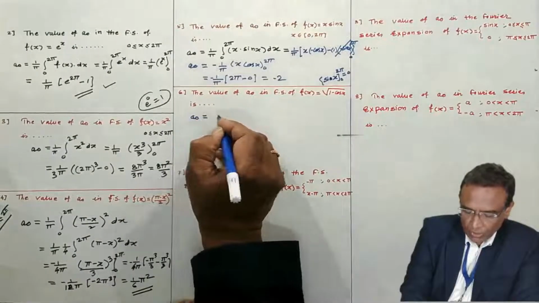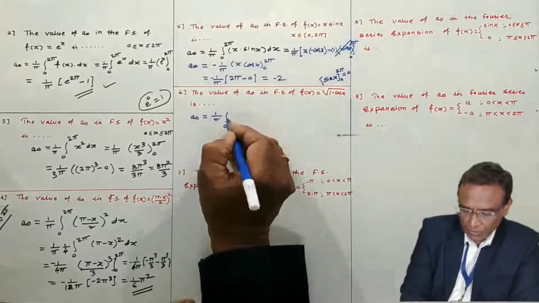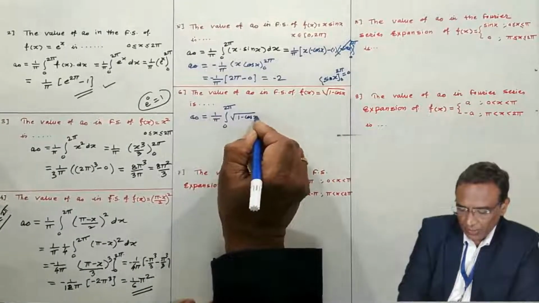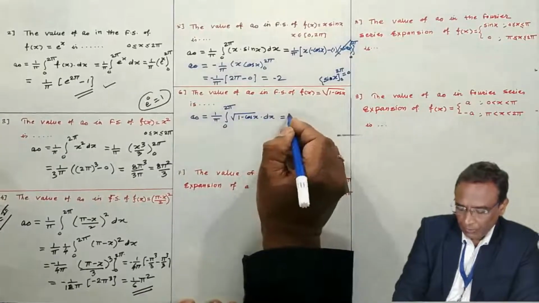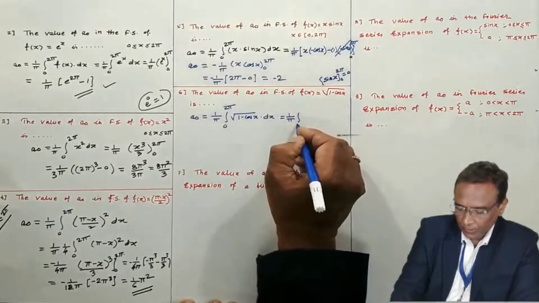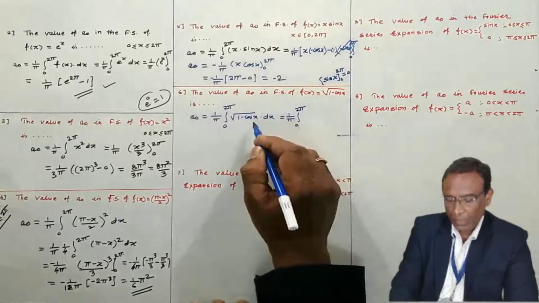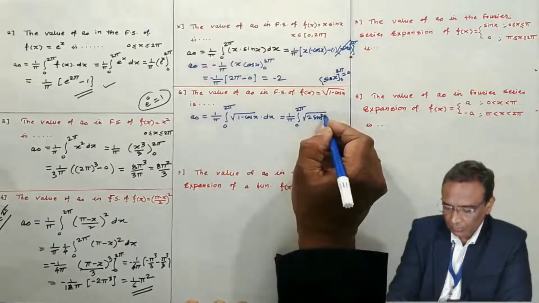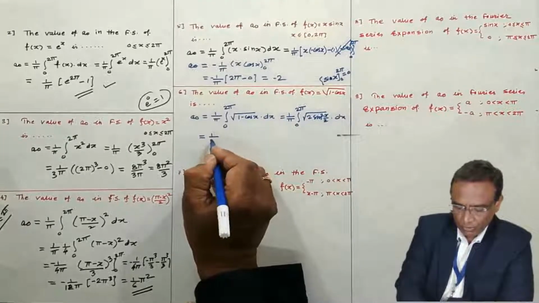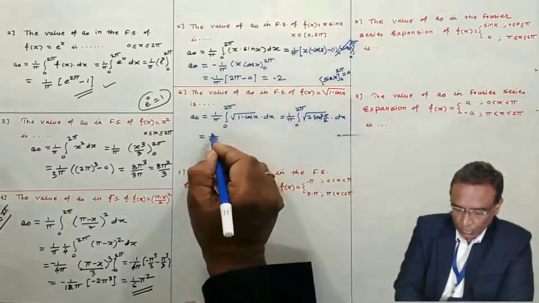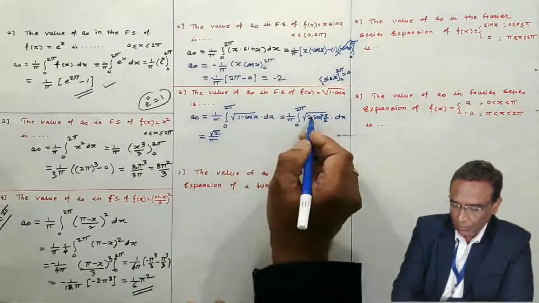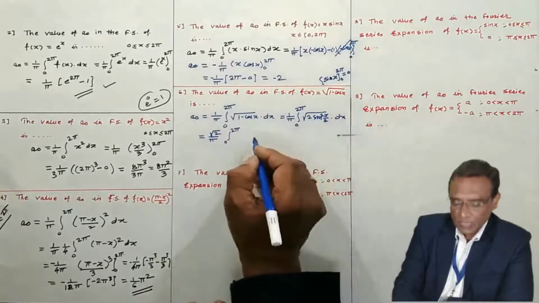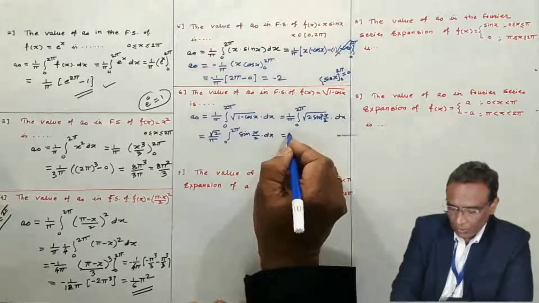Write down the formula for a0, 1 by pi, integral 0 to 2 pi, and root of 1 minus cos x is the function, then 1 by pi, integral 0 to 2 pi, under root of 1 minus cos x can be written as 2 sin square x by 2. Okay, this is the trigonometric formula, no? Under root of 2 I am taking outside, 0 to 2 pi, under root of sine square is what? Only sine, is root 2 by pi,